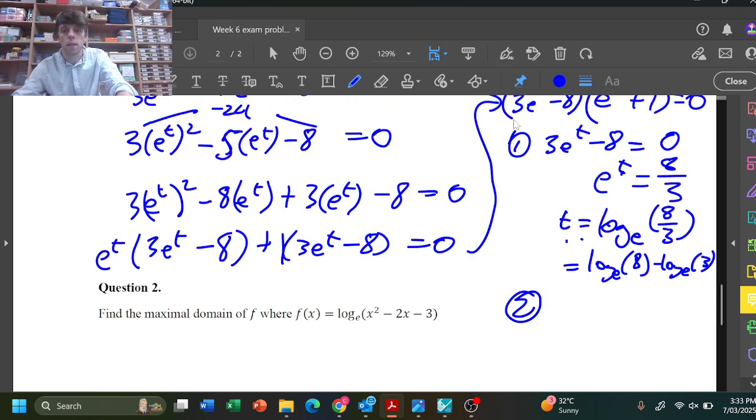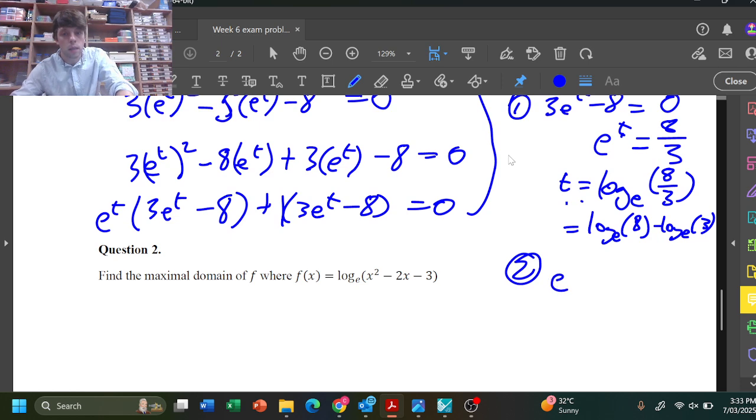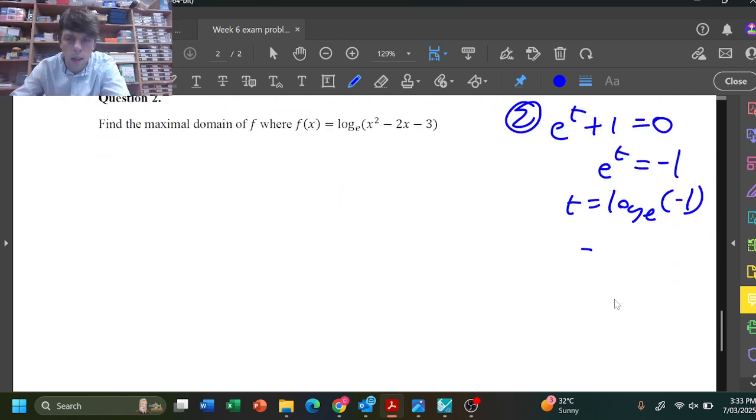Okay, case 2 is this thing is equal to 0. So e to the power of t plus 1 equals 0. So when will this occur? Well, we need to minus 1 from both sides, and then rearrange this and put it in log form. So this now becomes t is equal to log base e of -1. Now, the thing about log functions is that the input needs to be positive. So what we've written here, log base e of -1, is actually undefined